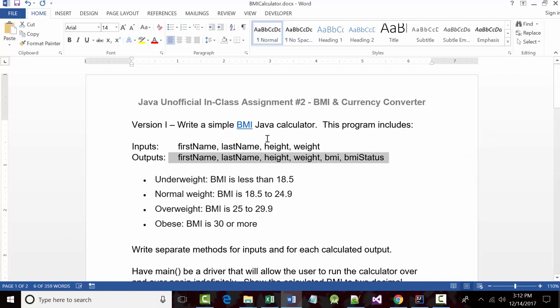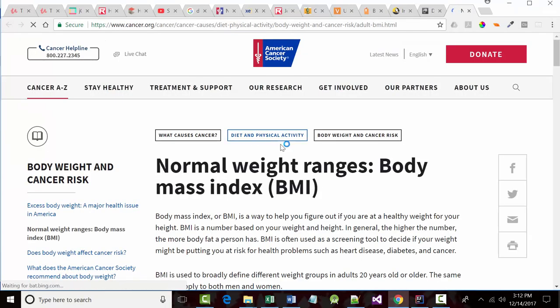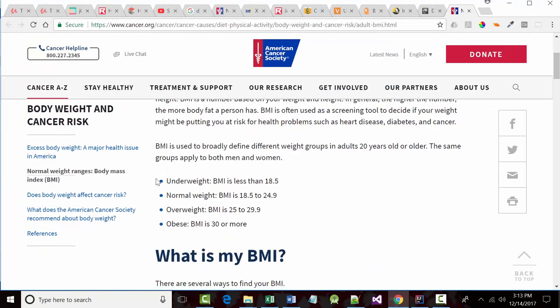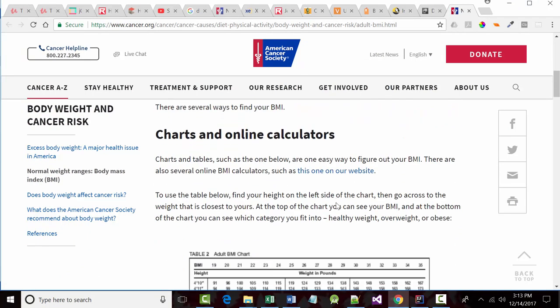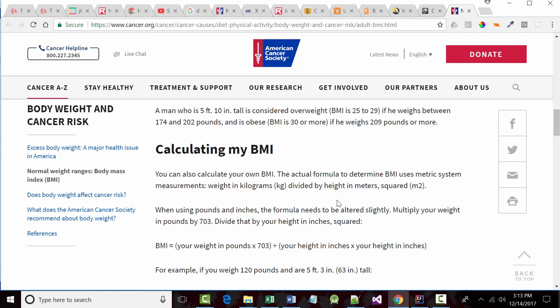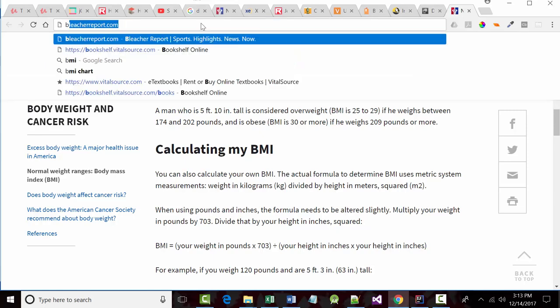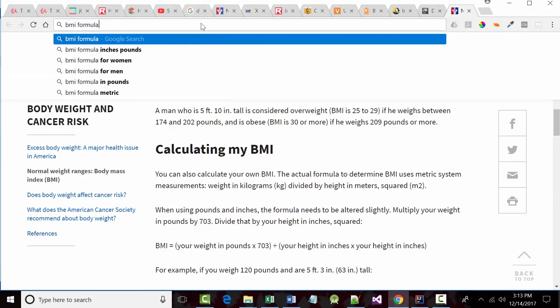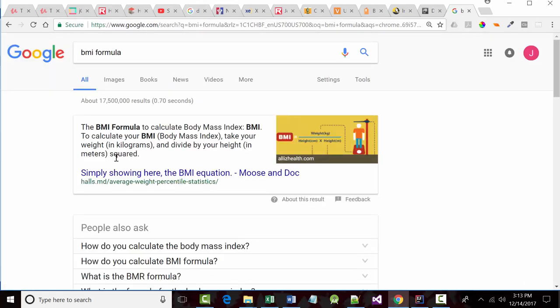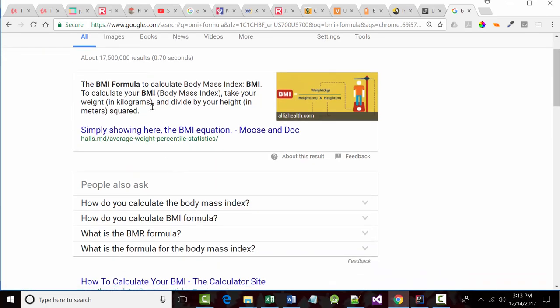All right? And if you look up here, and I will email you this file too, if I control click on the link, it brings this up. There's where I just literally pulled that out. If you don't remember the formula for BMI, it's in here, but it's not written well. Just literally Google BMI formula. All right? And somewhere in there,